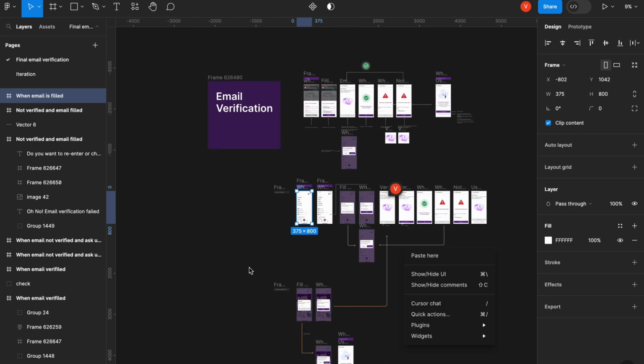And from here, if the user tries to cross this pop-up, we again tell them that if you don't verify your account, you will be suspended or blocked. And if they ignore it again and again, their account will be suspended. So this is one of the user flows for email verification. It has covered most of the possible cases, but do